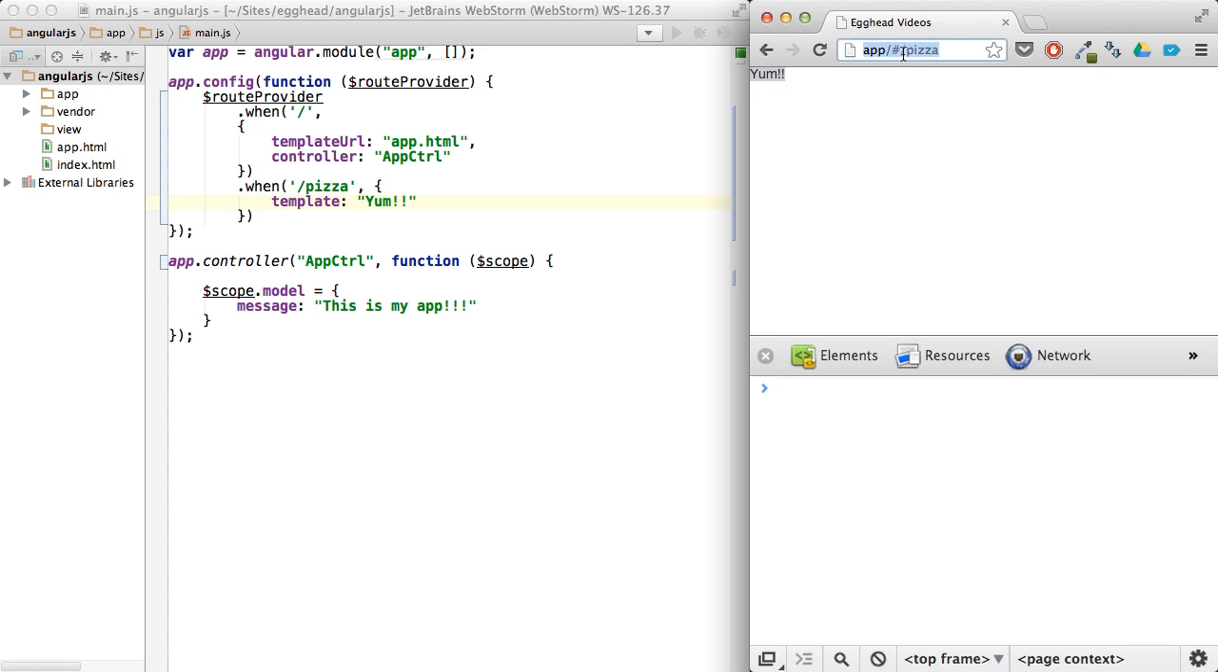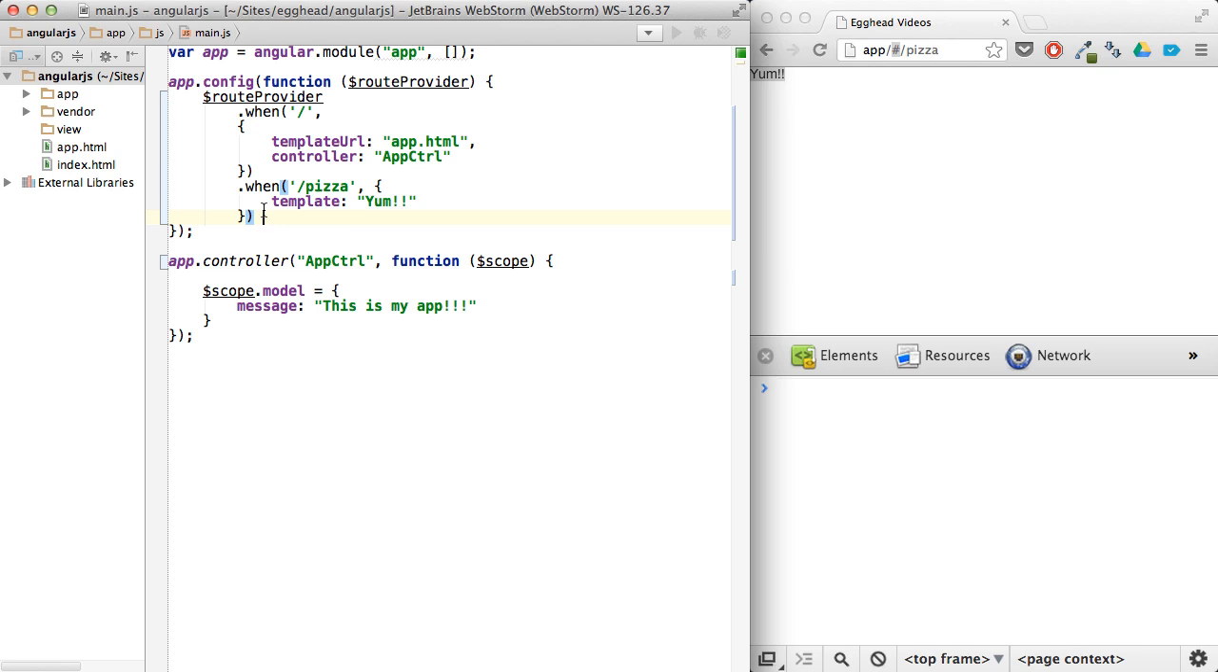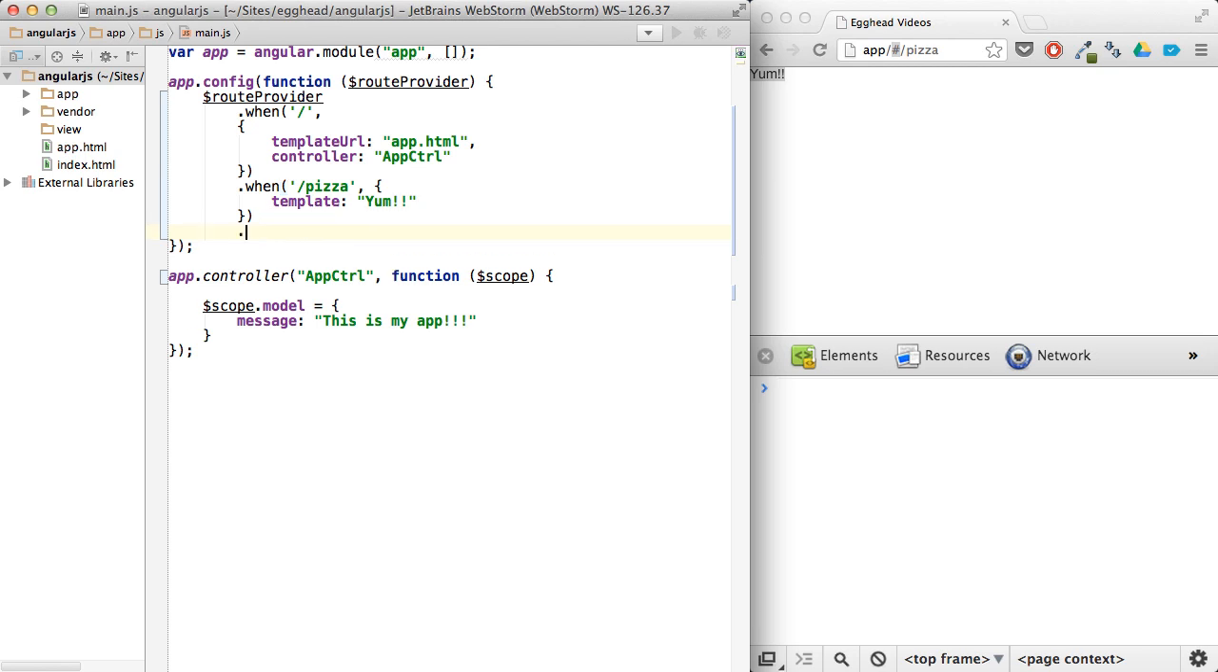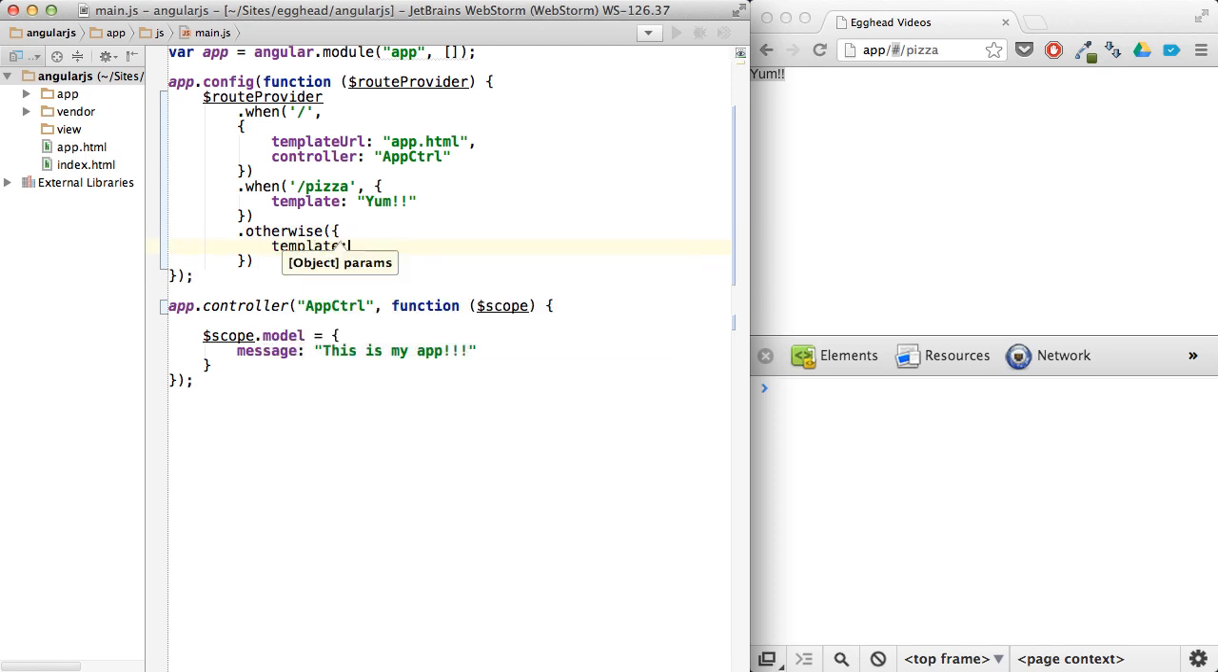And don't worry, we will talk about getting rid of this hash later on. And then, so we have when, and then otherwise. Now, otherwise, you don't pass in a route because it's whatever happens when the route doesn't exist. So we just pass in an object. And we'll say the template here is,